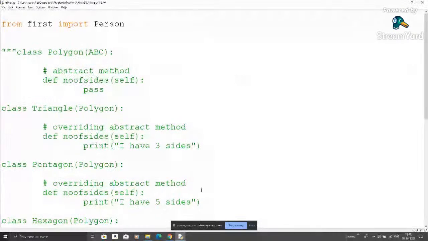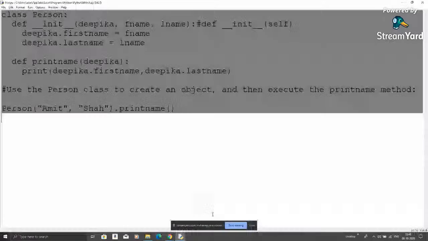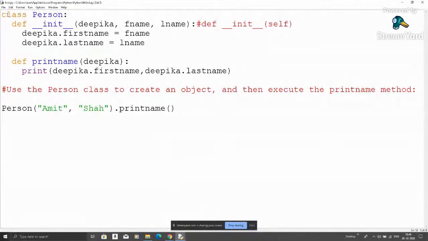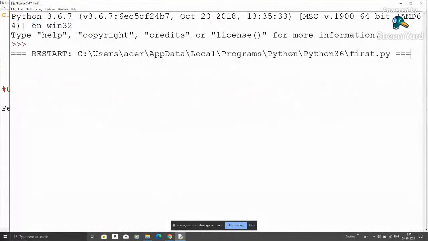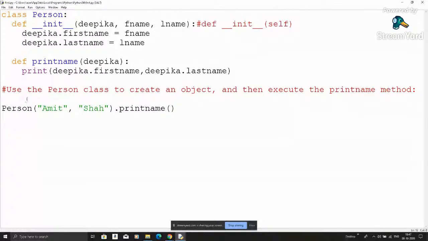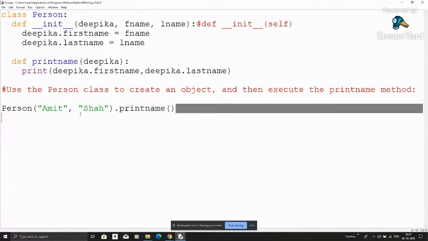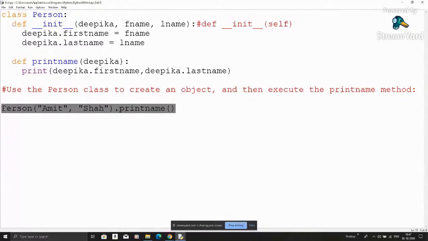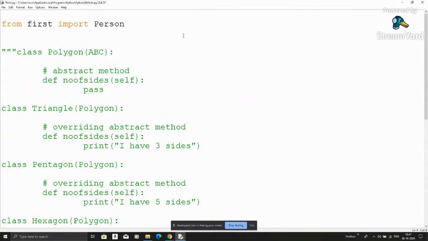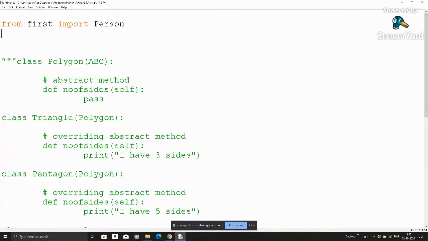We have defined the class, but we do not want to call the class over here, because when we run this code you will get the output Amit Shah, because we have passed the data into this. So let's copy this and use this function in this file, because we have called the whole class. Let's run and see if an error comes or not.